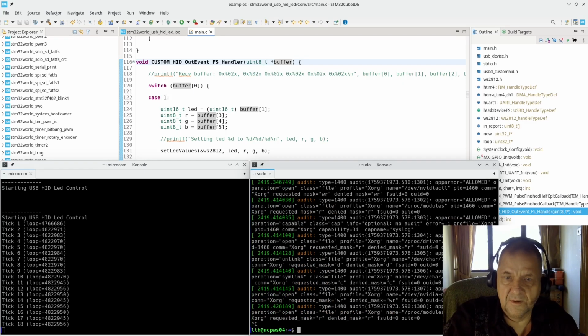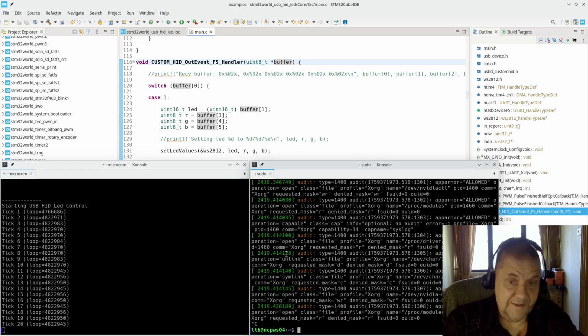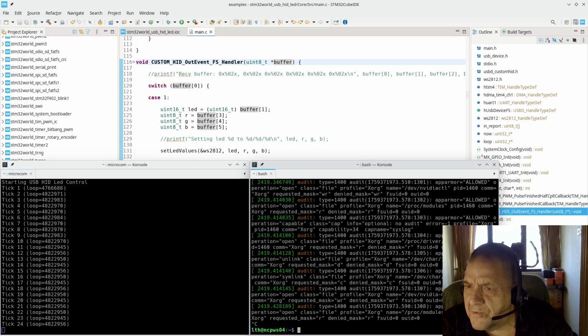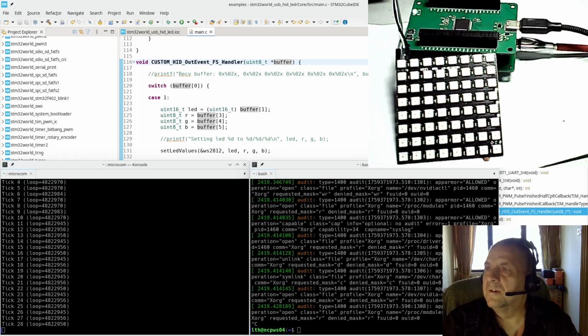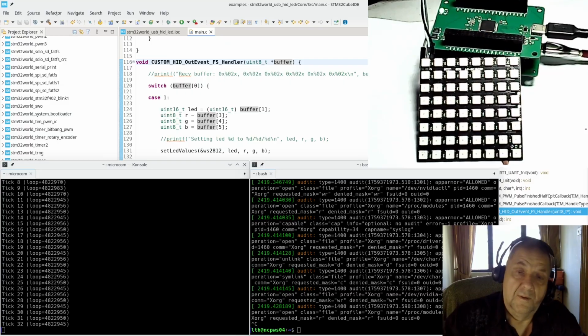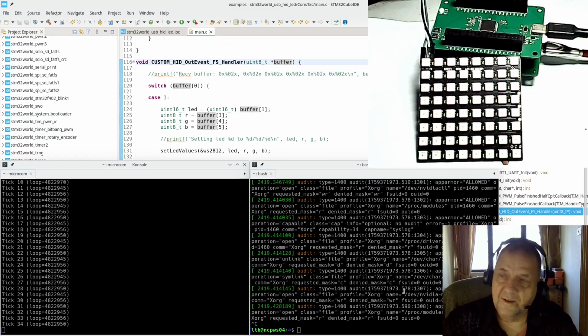So far, so good. Now let's try to send some data to this, and I need to show probably this. I hope you can see the LED board. Let's see how it might be. It's really hard to film LEDs. I never succeeded in doing that very well, but we will use